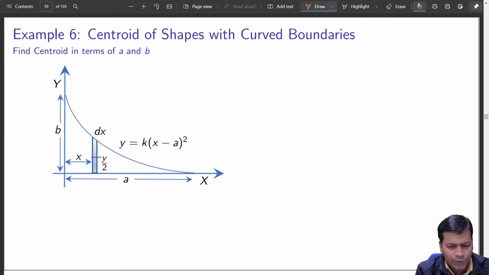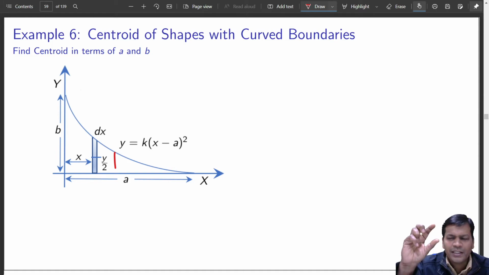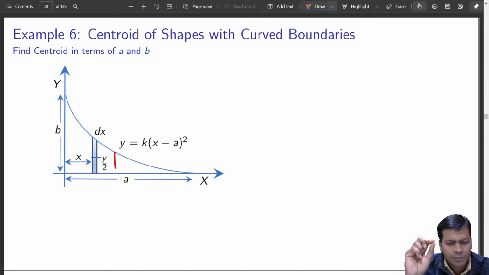We can do it from either direction first. So let us begin from the y axis first, taking an elemental strip dx, which is at a distance x. So you can find out quickly where its centroid is. Centroid will be at a distance of y by 2. Is it not? Why? Because it is a linear segment, a small thin segment, so the centroid will be exactly at its center. So it is y by 2 from the x axis. Very good.